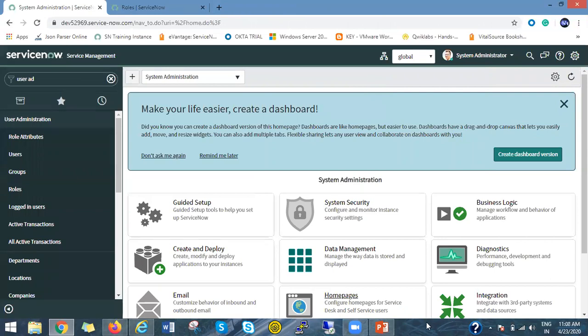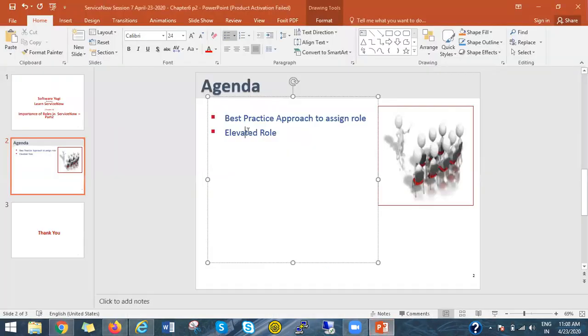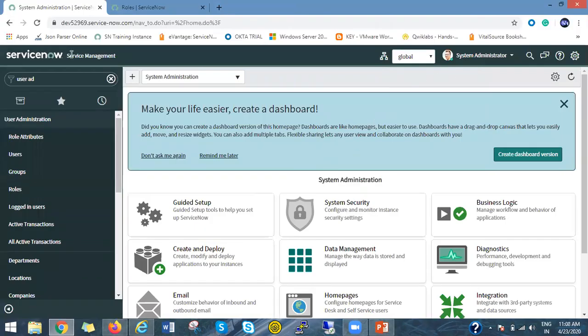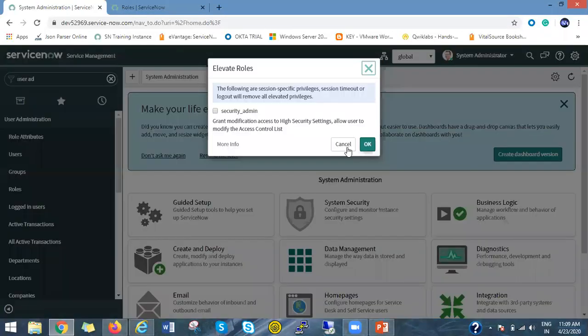Mainly what I want to say is that this is the elevated role. If you come to the banner frame, in the profile section, in the user profile, you can see this option, elevate roles. When you click on elevate role, you can see security_admin.